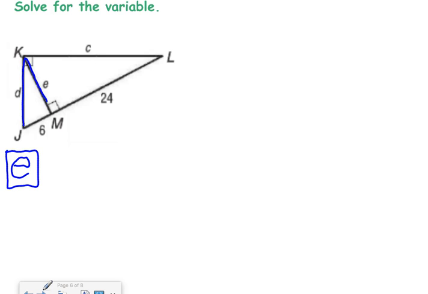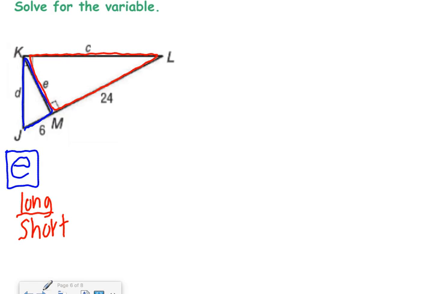So I'm going to go like this so I can see my two different triangles. So it's long over short again. On the blue, it's my long side, and then on the red, it's the short one. Now we can set it up. So if we work with the blue triangle,